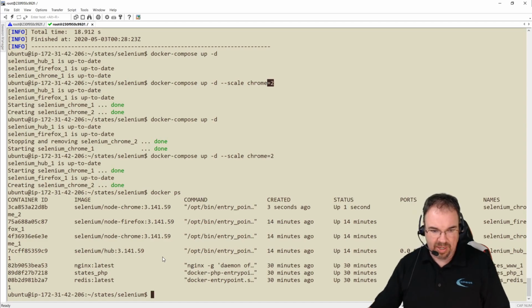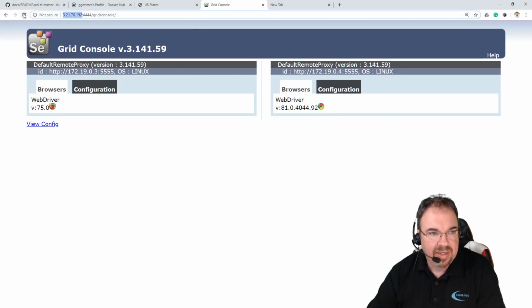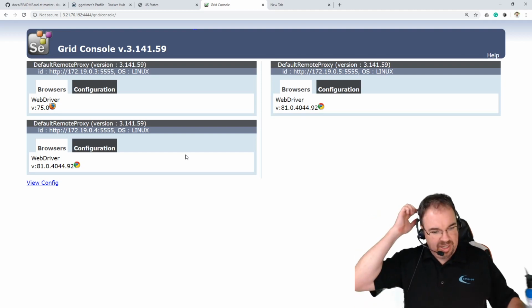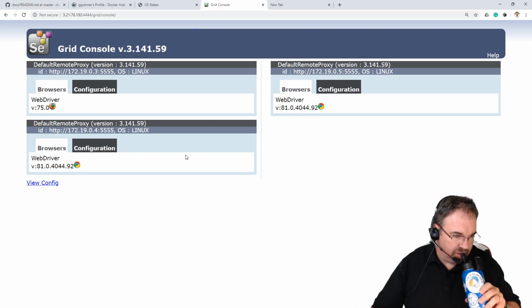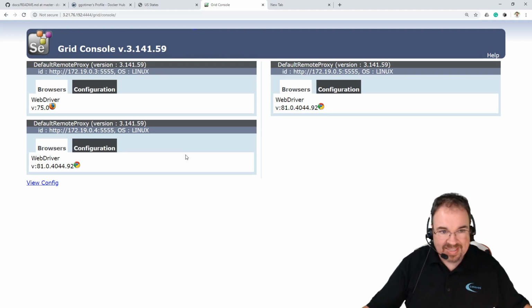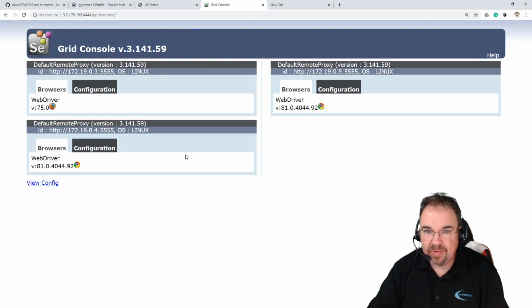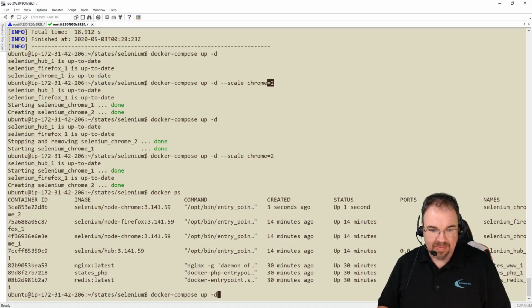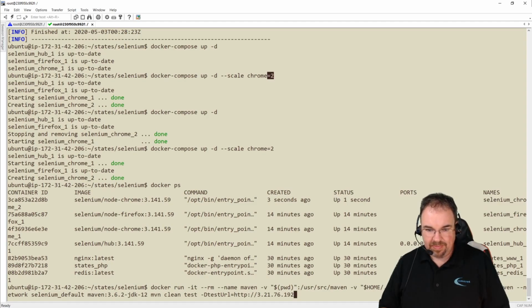It picked the names for me. And now if I go back to my grid console and reload, I've got 2 nodes here, right? That's all it took. I didn't even need to change my Docker Compose to do that. I just said I wanted 2 of them, right? And now I could go ahead and again, I could rerun that command. Let's go ahead actually